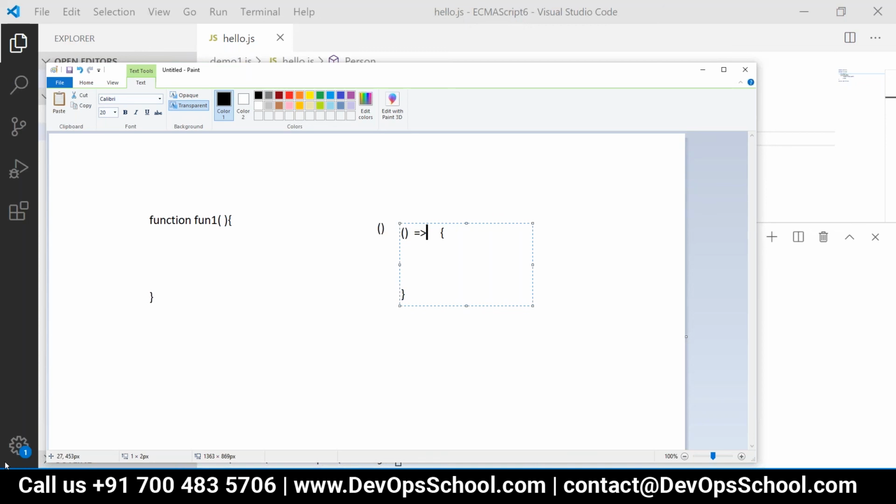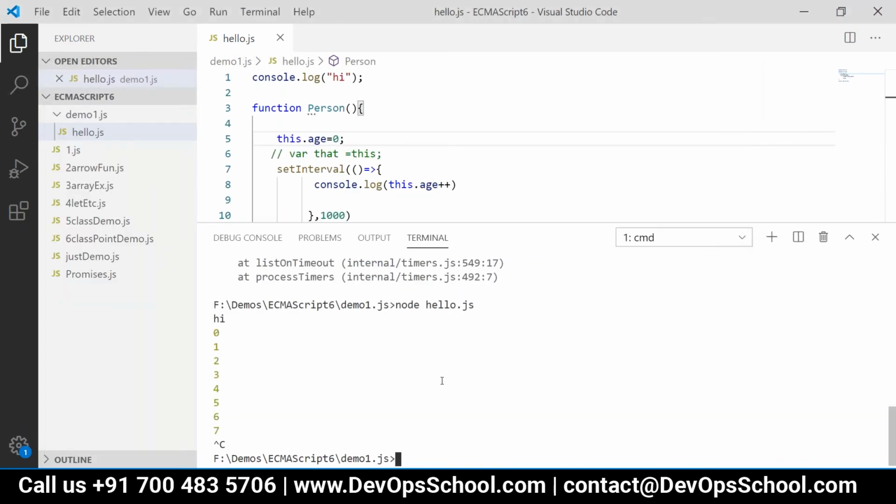Then write an arrow function like this, right? So are we okay with arrow functions? We will have one more demo. I hope this is working for you also. Any queries here?